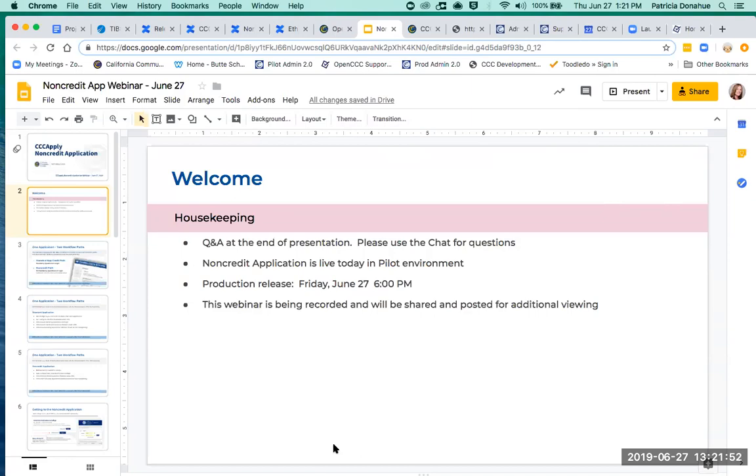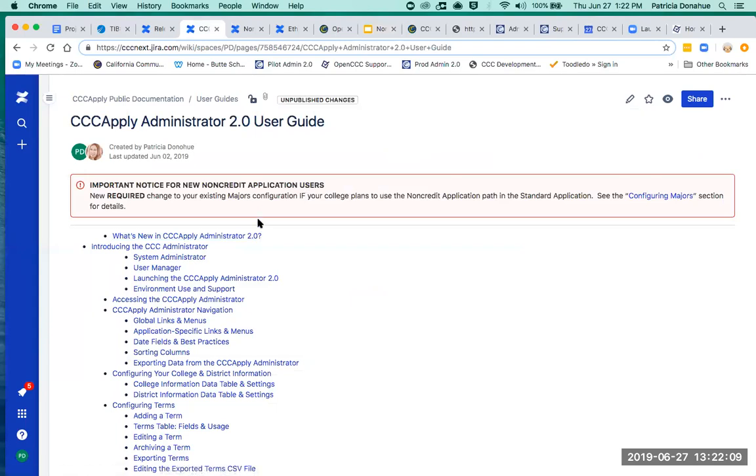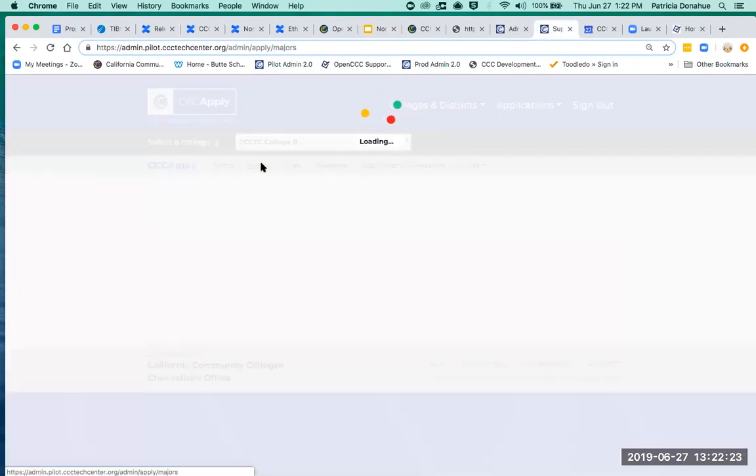Tomorrow night is our production release. So either late night tomorrow night you can implement this in production, or Saturday morning it will be live. Basically as soon as you make your link available to students. And again, remember that majors piece. If you decide you want to use it, you just have to go in and work those majors and say whether they're going to be,